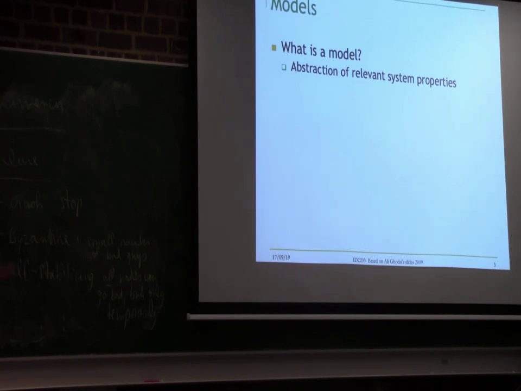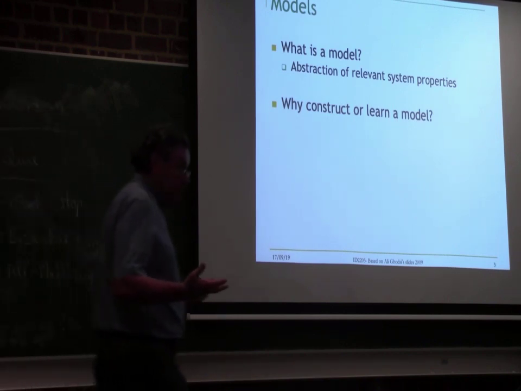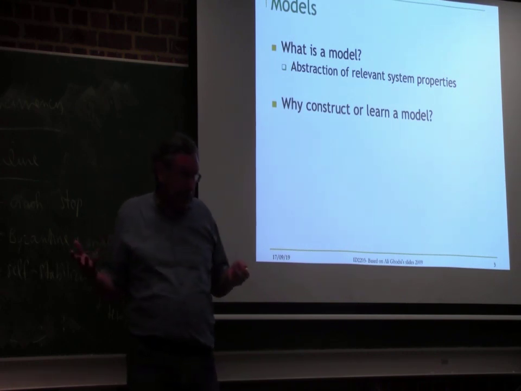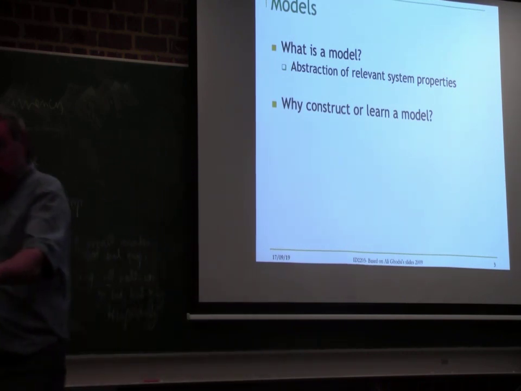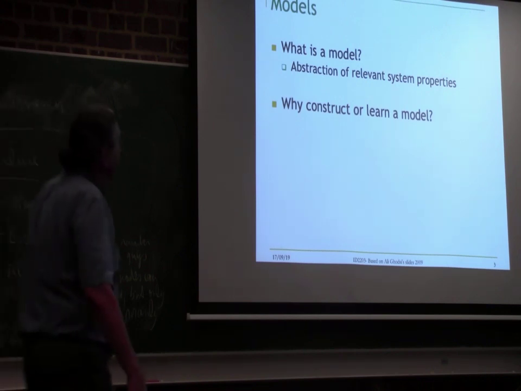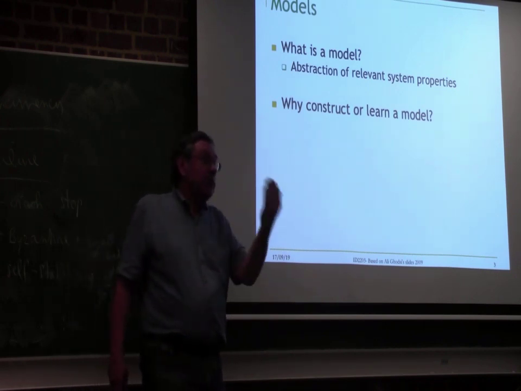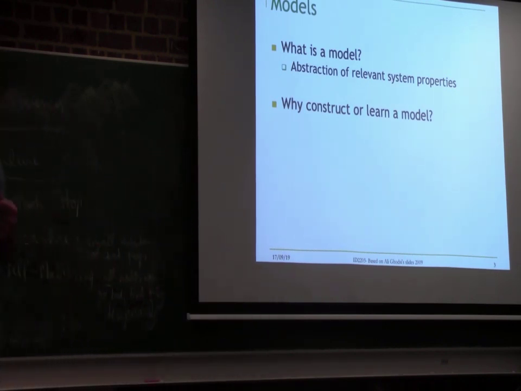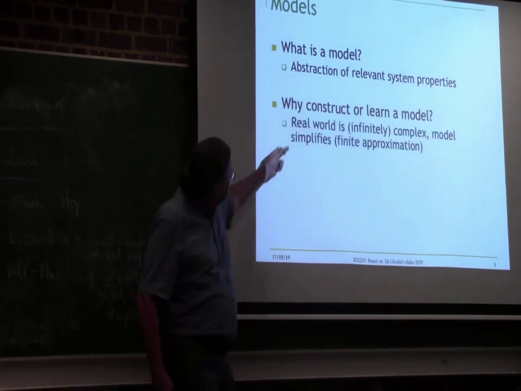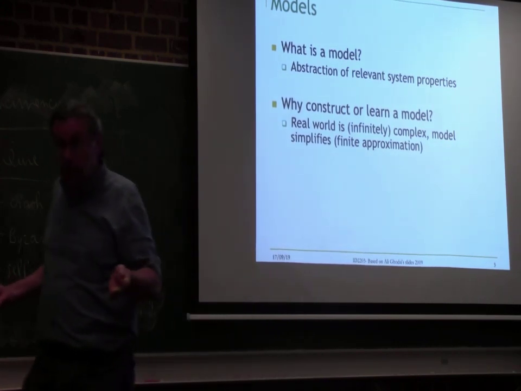Basically we want to model distributed systems because distributed systems exist in the real world. The real world is a very complicated place. In real life, things like computers are very complicated. They use physics to do transistors, all kinds of quantum stuff is going on in there. So it's very complicated. The model simplifies this, but in a nice way, okay? The real world is infinitely complex, so we want to simplify this, and we're going to do that for distributed systems.